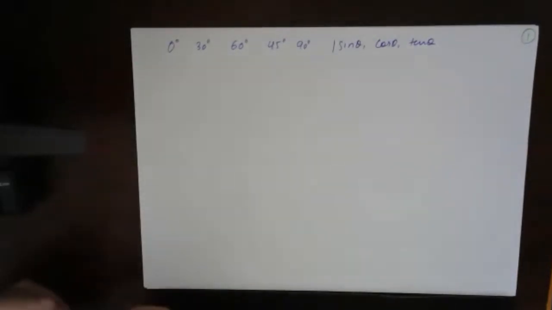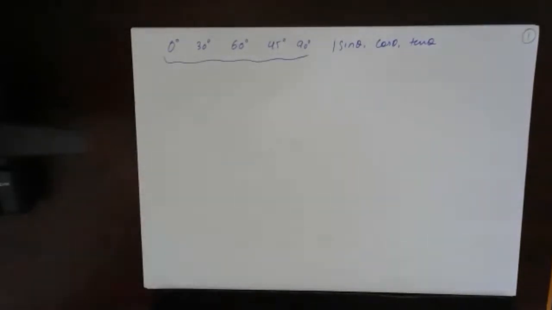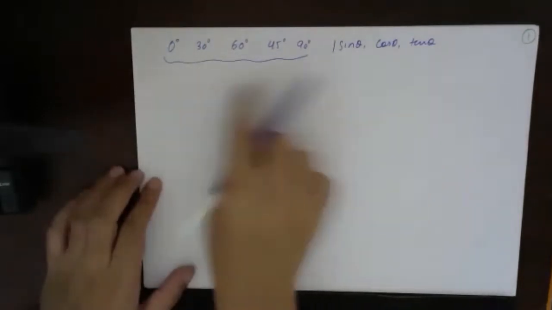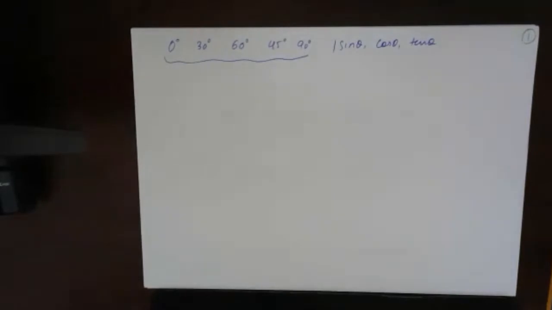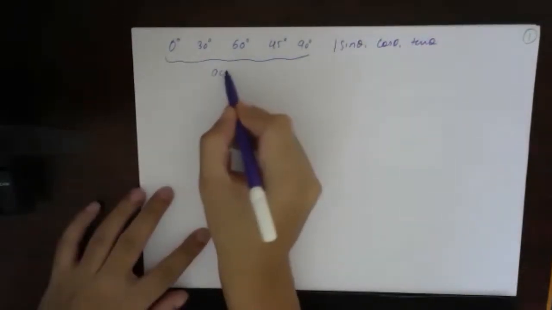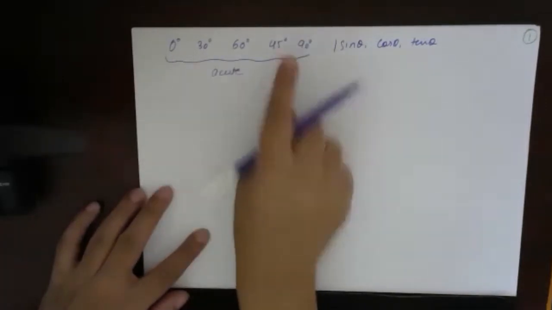Okay. So what we'll do today is that these angles are basically the angle of a triangle. We were trying to find the different values of trigonometric ratios when these angles are the angle of a triangle, which means acute. So these all angles are acute. Till 90, all the angles are acute, right?